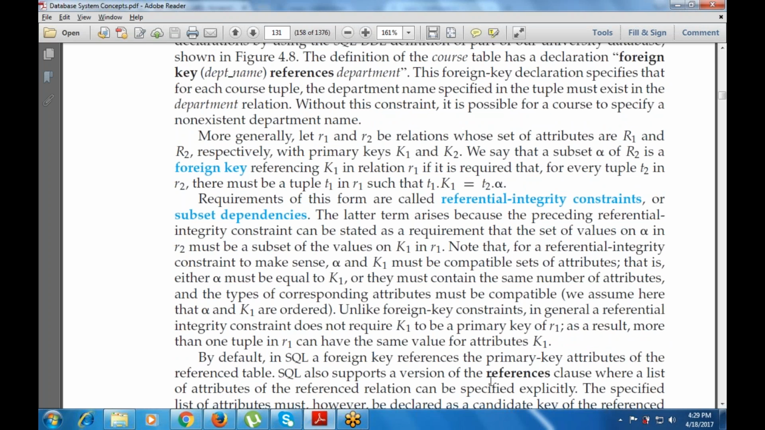Unlike the foreign key constraint, in general a referential integrity constraint does not require K1 to be a primary key of R1. It may happen that the same value appears for different tuples. And by default,